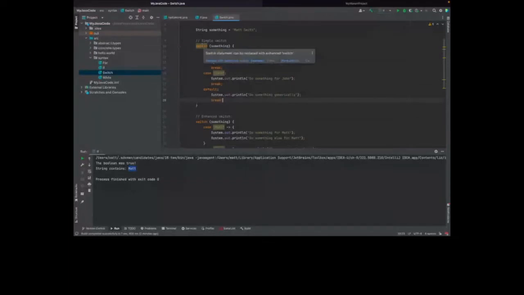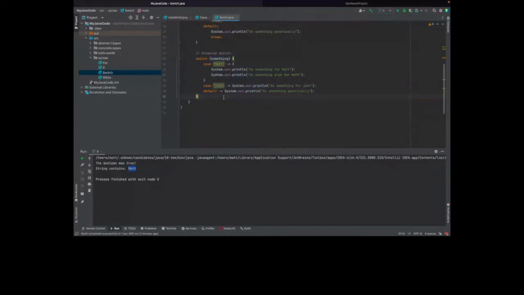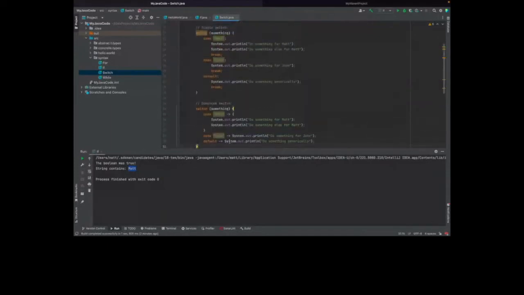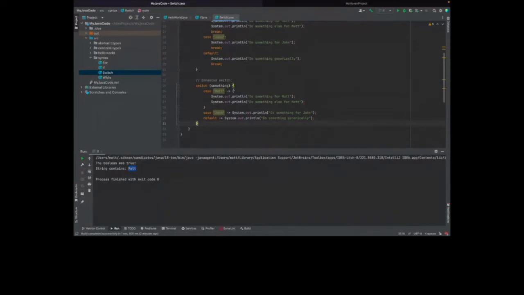As you may have seen, my IDE is telling me that I can make this a little more efficient by turning it into an enhanced switch. And that's what this looks like below: essentially, a slightly cleaner version of a switch statement. You don't have to put in all the breaks, and you instead just use this arrow syntax, where if the case is Matt, then you run the code.